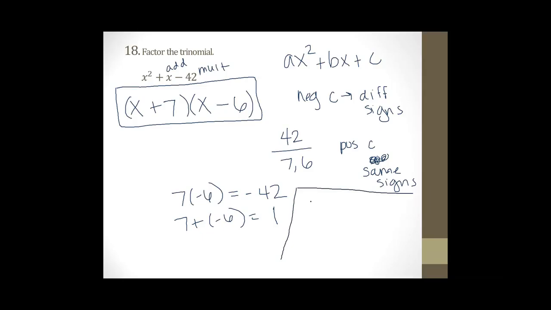But this is a method that my Colombian friend has showed me once, and I really like it. So if you have a trinomial with a coefficient of 1, you're going to follow a few steps. Like in the previous problem, you write your empty sets of parentheses, then you are going to square root this first term, which gives you an x and an x. Then you are going to bring down your first sign, which is a plus, multiply the two signs together, which gives you the second sign, so positive times negative is a negative,